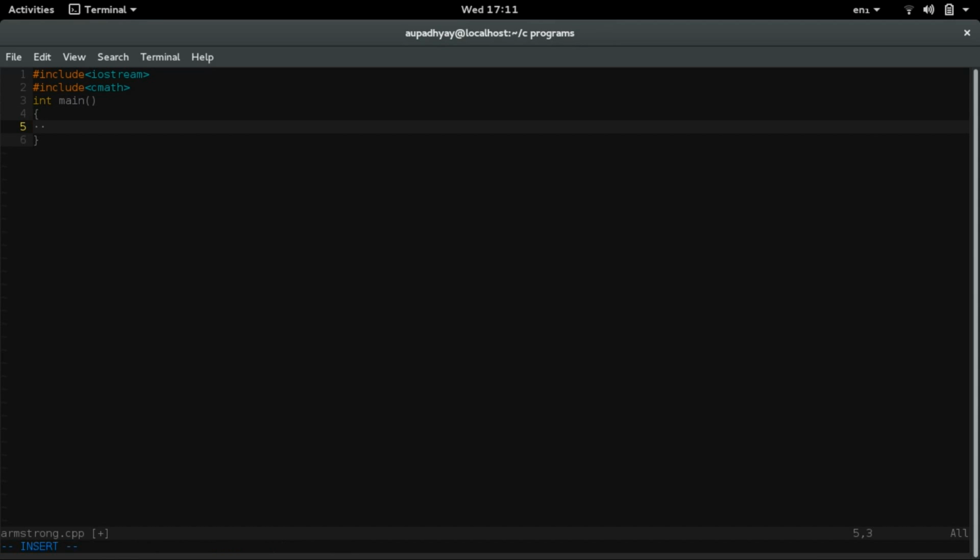Now I am declaring some variables. Number, sum, I am initializing this to 0. Now I also need to count the number of digits present in the number. First I am storing the number into a variable n,